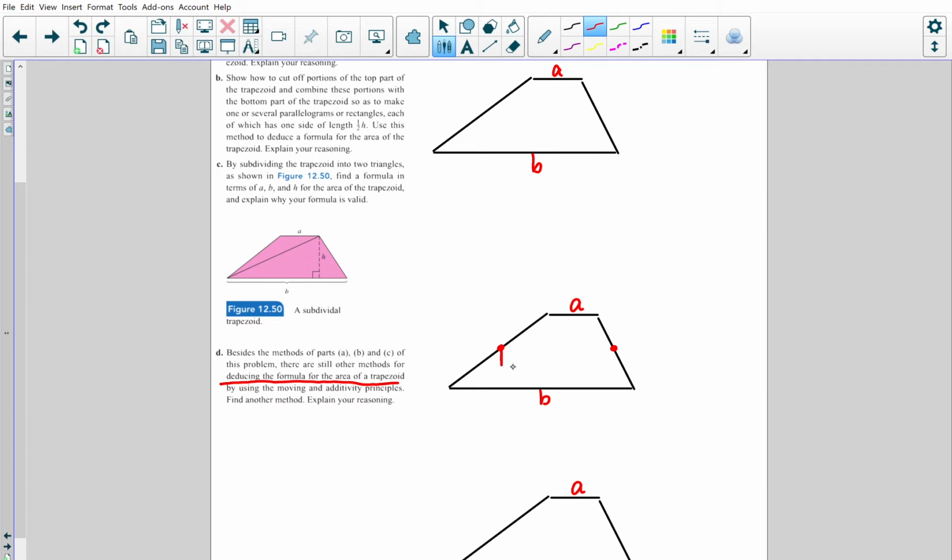If we cut this little triangle off on the end, we could put it up there, but it would have to be this distance from there to there. That midpoint would have to be the same. So if I cut him off and move him up there, and cut this blue guy off and move him up there,